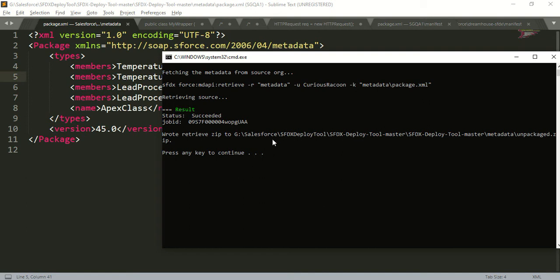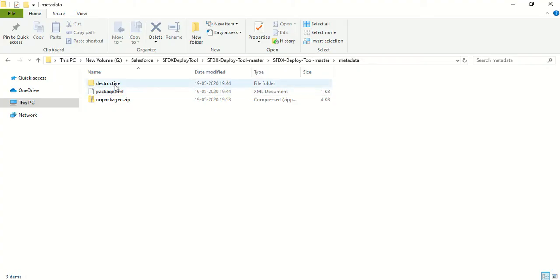It gives me a message that the retrieval is successful, and it has stored my retrieved zip file under the metadata folder, named unpackage.zip. Let's check our metadata folder and see if we have a zip file like unpackage.zip. Here we have a file named unpackage.zip.